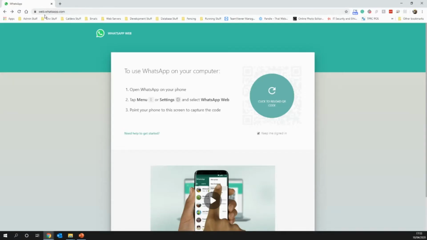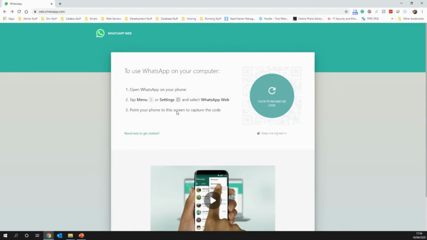Okay, first of all, apologies, this computer isn't that great. It's quite a slow old laptop I've got. I've got a new computer coming, but it just shows that you can pretty much do this on fairly low powered hardware. First thing you need to do is go to this website here, web.whatsapp.com. Okay, it will talk you through